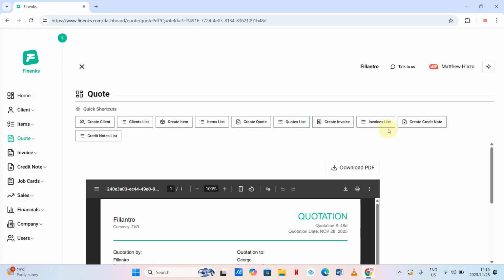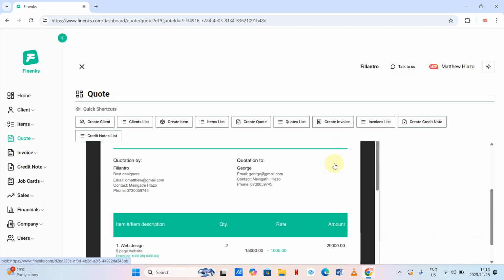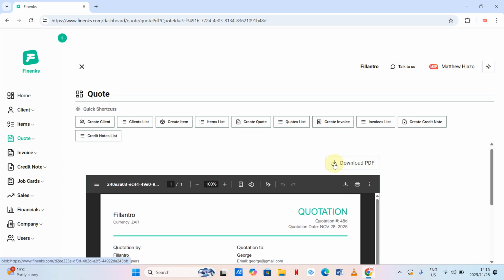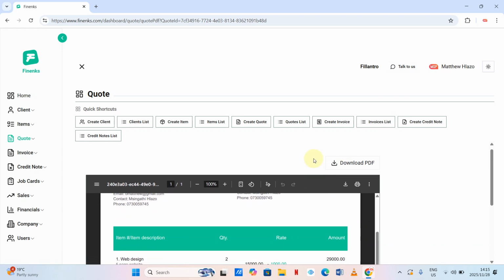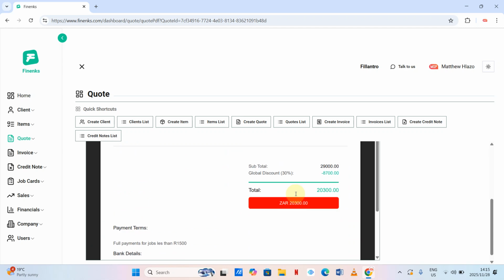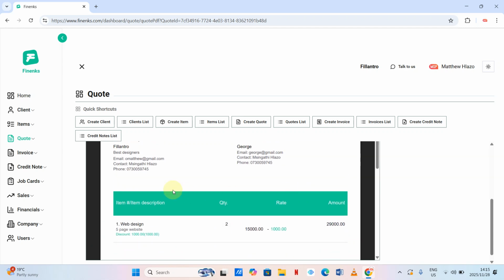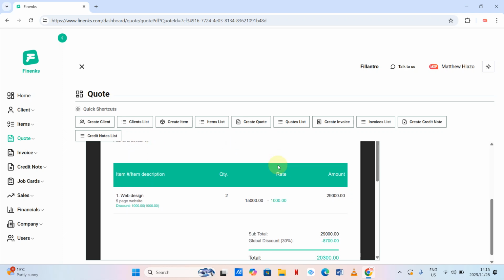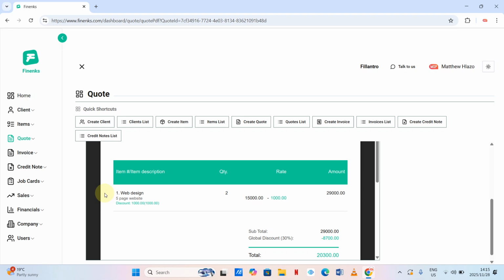Okay, let's wait for the PDF to show. Okay, and then what we want to do, as you can see here, is the PDF. So let's look at the PDF. This is your details. This is the client details, and this is some sort of the header, and this is